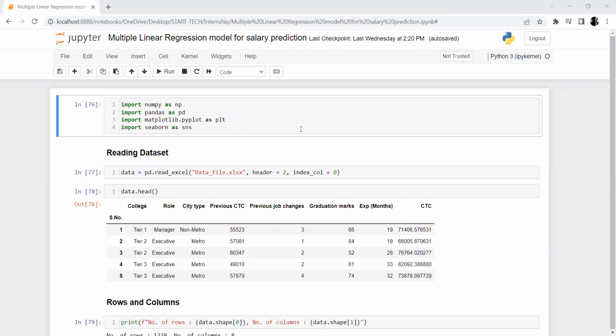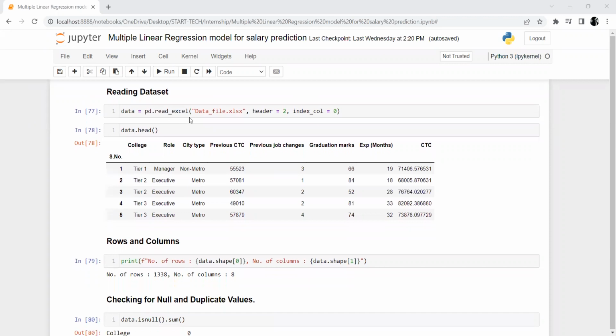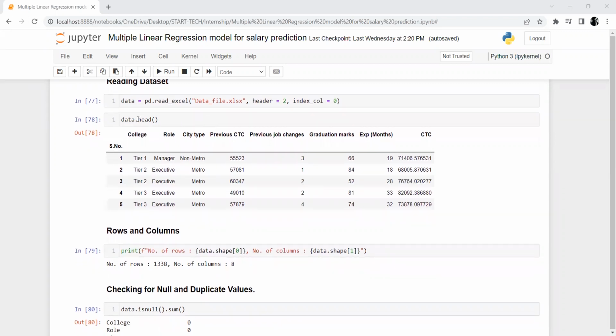Hello everyone. This is a project of a multiple linear regression model in which I have predicted the salary of an employee. Here I have imported the important libraries, and after that I have loaded the data set using the pd.read_excel method. Then using the head method, I have shown the top 5 rows from the data,